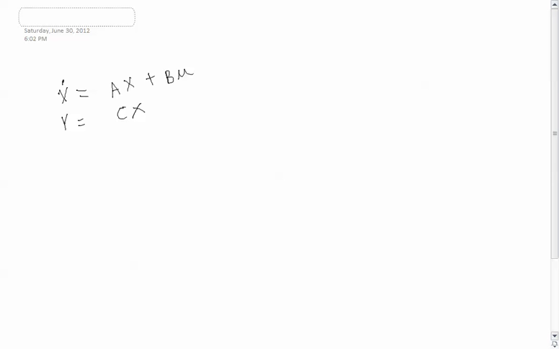I can apply the Laplace transform to these, and I get s x of s equals a x of s plus b u of s. Now usually I have s minus a multiplied by x, but this is a scalar and this is a matrix, so I cannot do that. I have to multiply by the unity matrix,